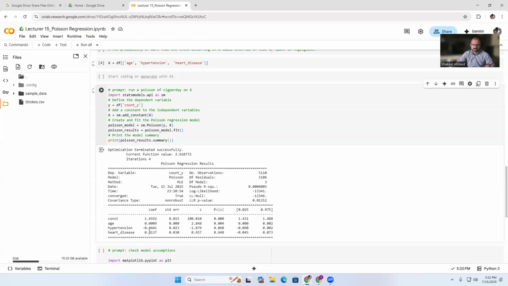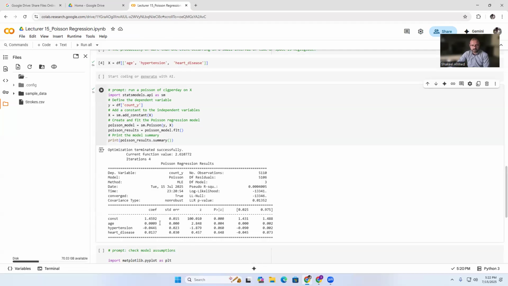So the coefficients are very small, but we can say that going from no hypertension to hypertension, there will be a decrease in the count. The mean count will decrease by 0.04, approximately 0.05, you can say. And for heart disease, the mean will increase by